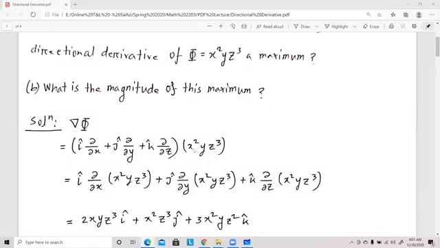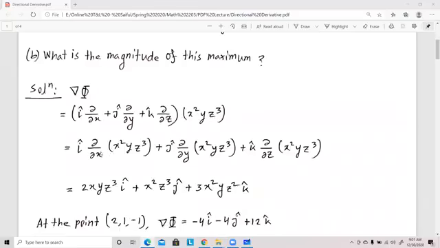Since phi is a scalar point function, the operator will be applied to every term. At first, we do partial differentiation with respect to x, and we get twice x y z cube, which is multiplied by unit vector i, and then